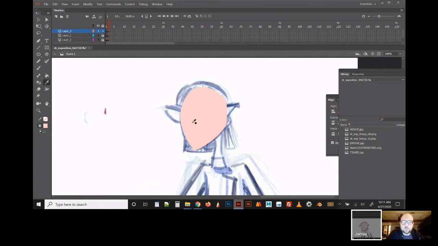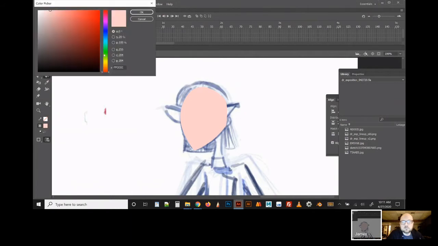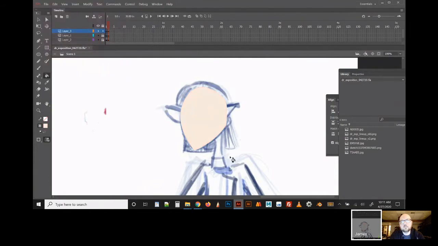So I'm actually going in and creating the shape of her head. I'm not completely obsessed with color just yet, but I want to get in the ballpark of her general skin tone. The main thing is I want to lay in shape, so I'm not going to dwell too much on color. The way I've designed this show, everything is based on shapes. There's no lines.